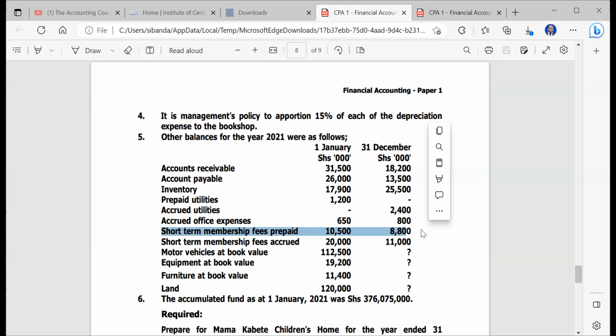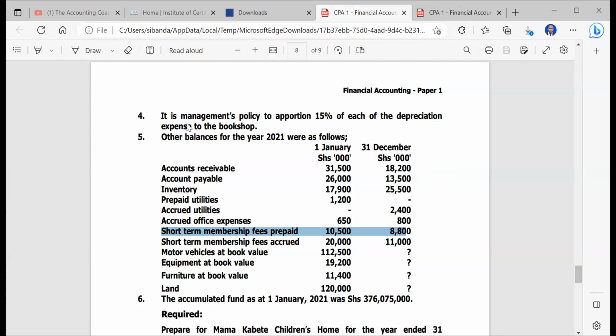Prepaid membership fees are liabilities. Why? Members have not utilized the membership that they have paid for. It's only when the period has elapsed that we now recognize them as income, okay? We know that membership fees here is income to the not-for-profit. Then we have what we call short-term membership fees accrued. Usually, sometimes for some questions, the examiner, instead of using short-term membership fees, calls it subscription fees. So just take note of those